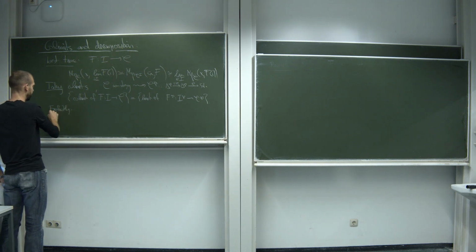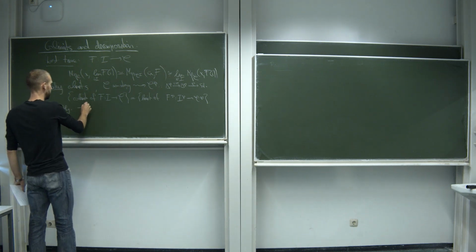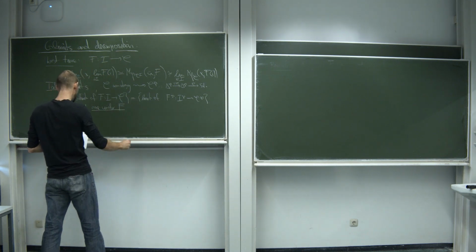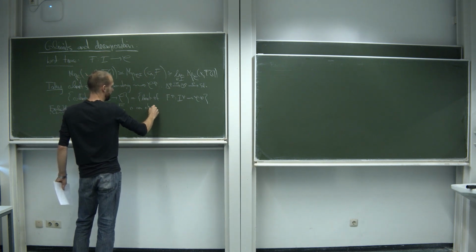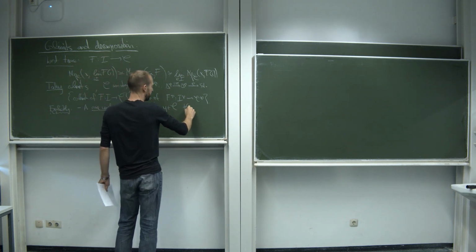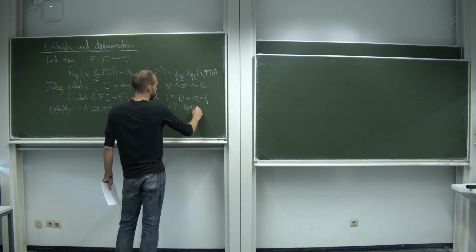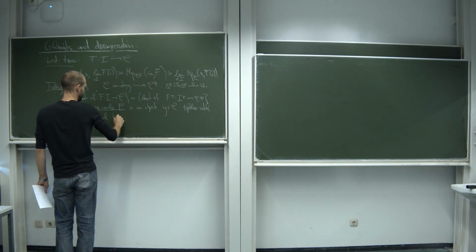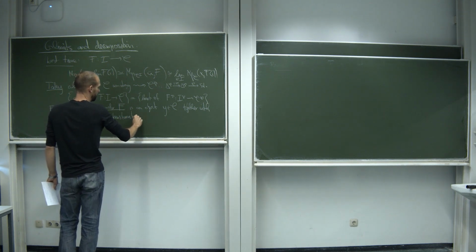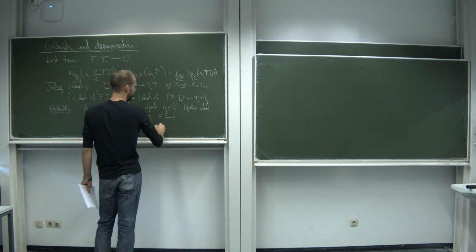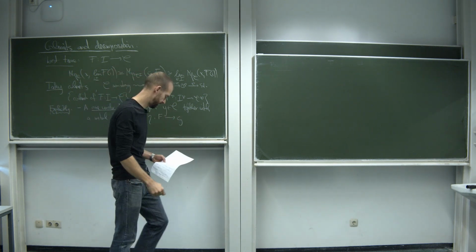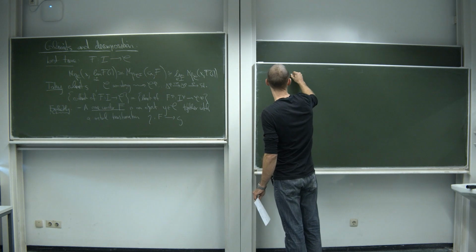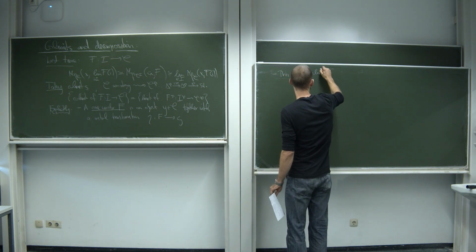I guess first you have to say a cone under your given functor f is an object y in C together with a natural transformation eta from f into the constant functor on y, and then as in the case of limits, this is by definition a colimit cone